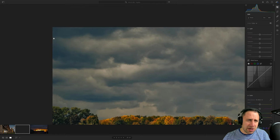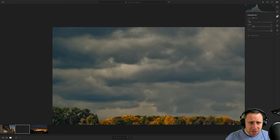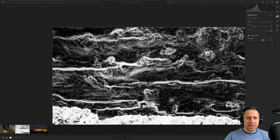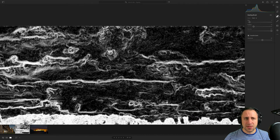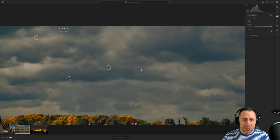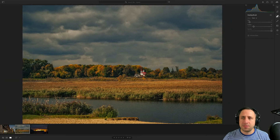You can see here as well. It's actually really easily fixed in Lightroom. You just use this little healing brush and you just go and click, and it does it itself. You can actually use these visualize spots and you can click on them and fix them quite quickly. If I just do this and show you when I switch it off, you see it goes really quickly and it really helps to remove these. Anyway,